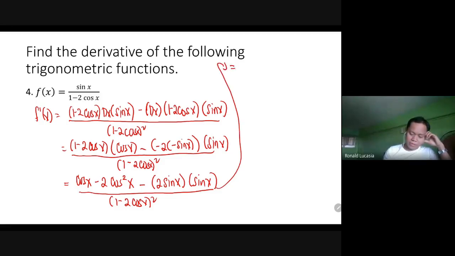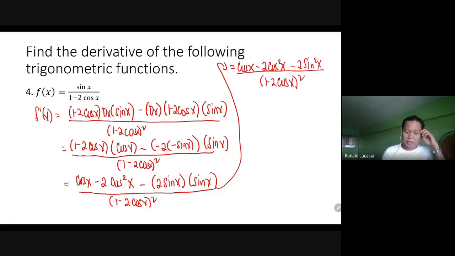Tapos niyan, meron kang cosine x minus 2 cosine x, ay cosine squared x minus, pag sinimplify natin ng 2 sine x, magiging negative 2 sine squared x over 1 minus 2 cosine x quantity squared. Tapos mula dyan, marami na nag-stop, pero meron ka pang pwedeng ma-simplify dyan, which is,